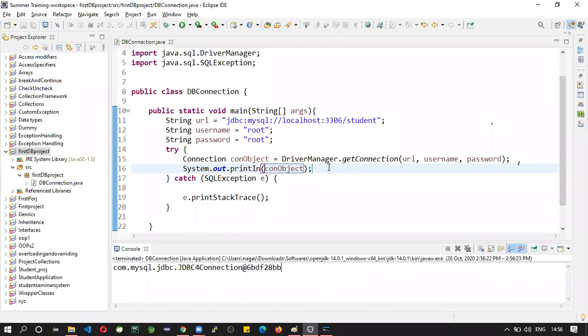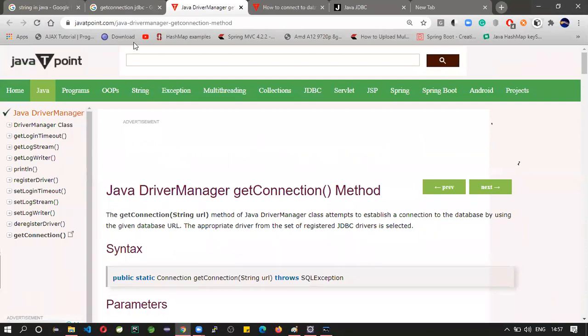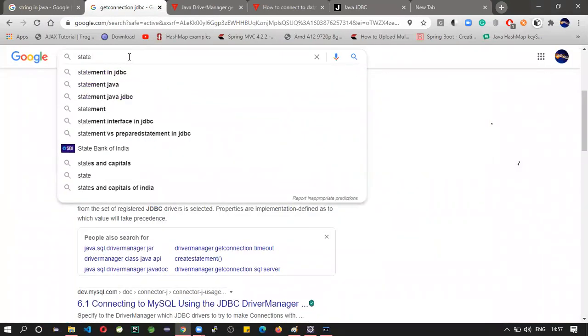Next. What next? There is one more interface called Statement. Statement is the interface which is used to execute our queries.